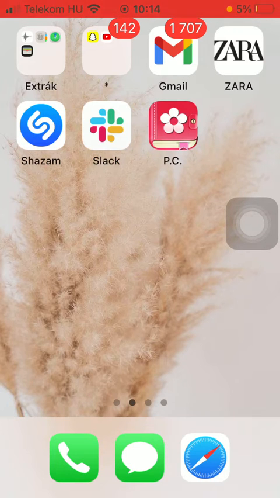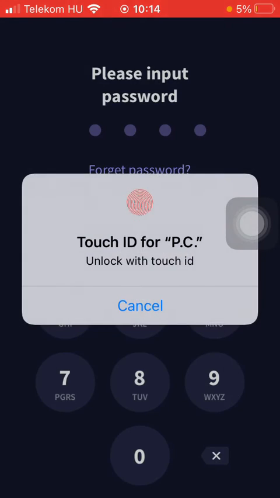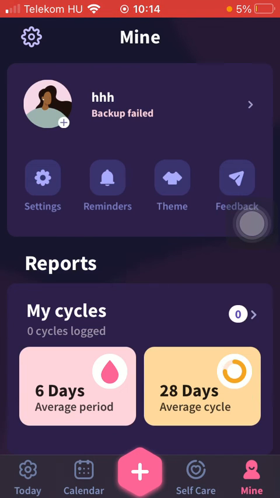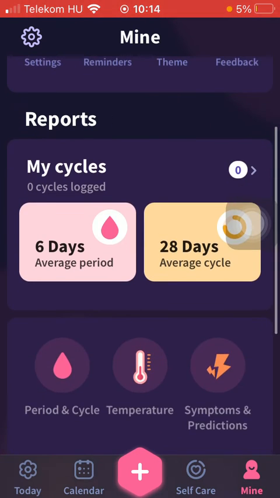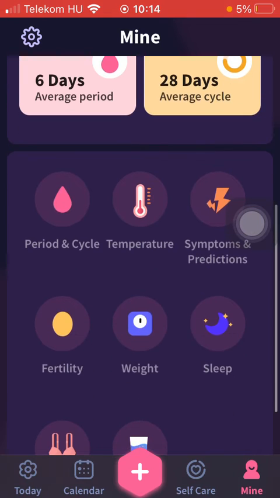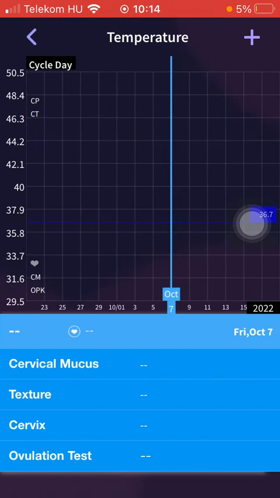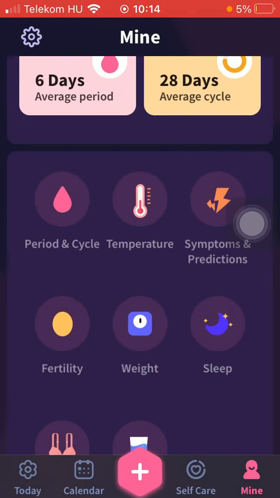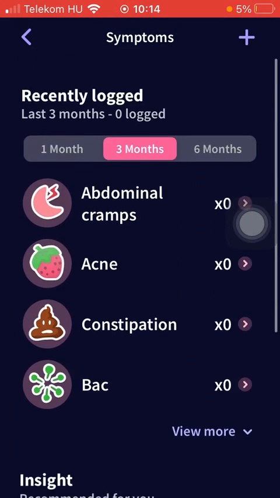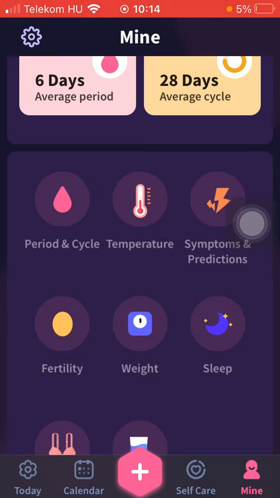First of all, open the app on your phone. Click on the mine section down below, which is the last option, and as you can see, if you scroll down, there is this reports section. You can check out your cycles, period cycle, temperature. Here is this chart, symptoms, predictions. These are insight and recommended articles, fertility,